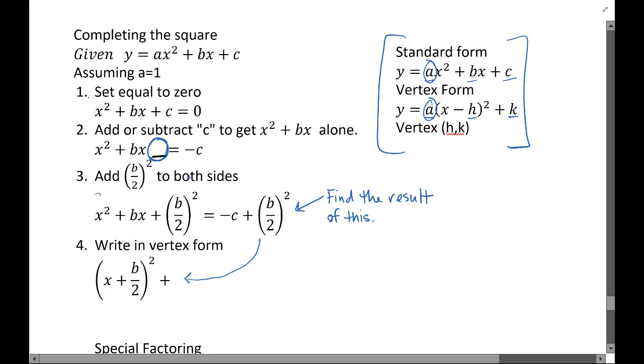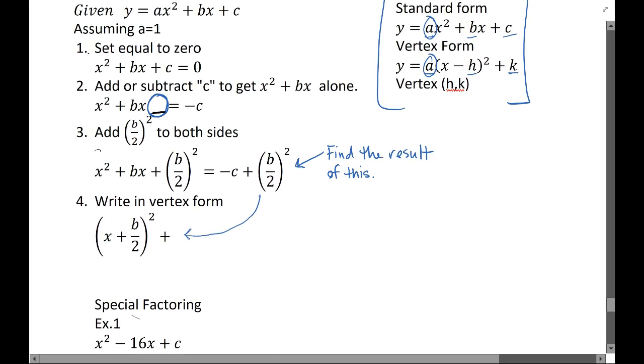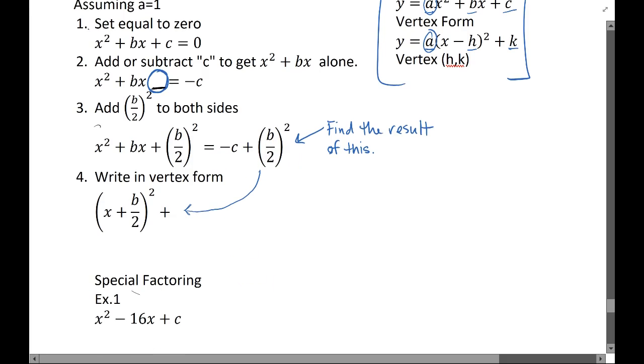Now what you do to the left you must also do to the right. So if you notice down here in step 3, we need to add that to both sides. To get it into vertex form, using b over 2 squared is going to allow us to set up a special factoring situation to where we can factor it into